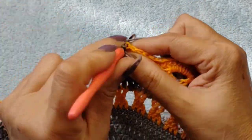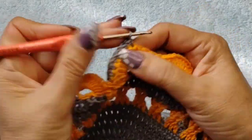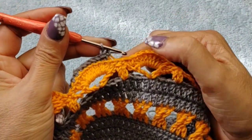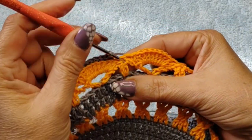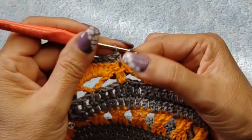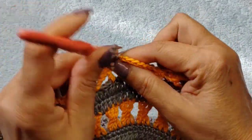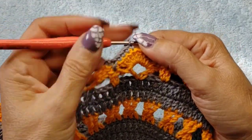Very simple. I think it worked out pretty good with this pattern. I didn't have to do any adjustments. Sometimes it just comes out perfect. Some other times I have to adjust. You know, I don't count stitching what I'm doing. I go with the flow. So done the last one. I'm going to come in between where the 2 double crochets are over that single with a single. And this matches perfectly that set of the oval one. So 1 per stitch, and then get to that single, go into the 2 double crochets over the single,